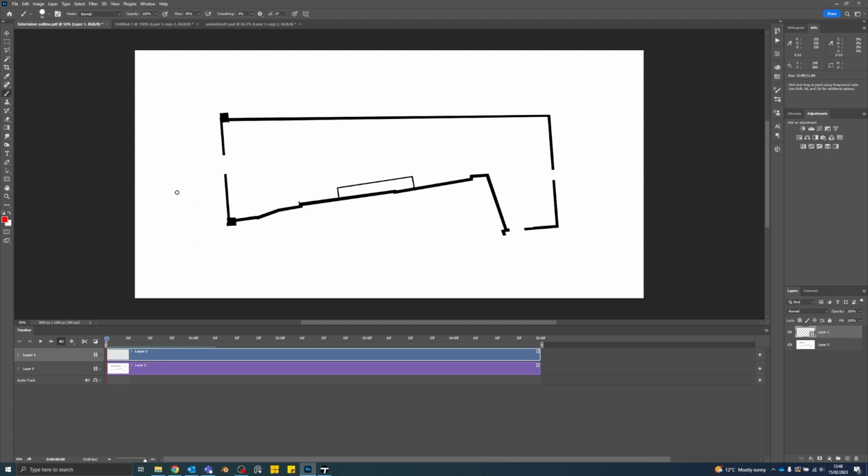Okay, so we're just going to show the user travel through the space with this red line. So I'm just going to draw a red line, something like this. Hit my right arrow key, you can see that it's faded, and that means I'm now drawing the next frame, and I can keep doing that. They're going to come around here,